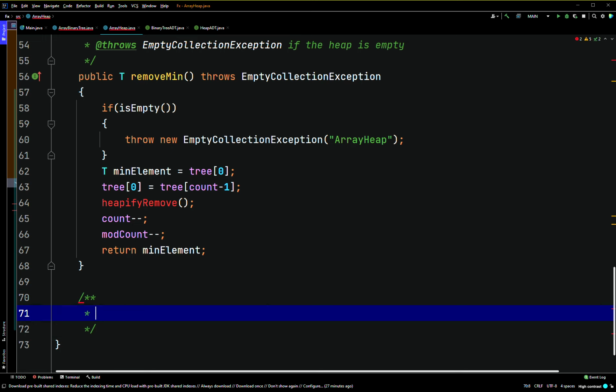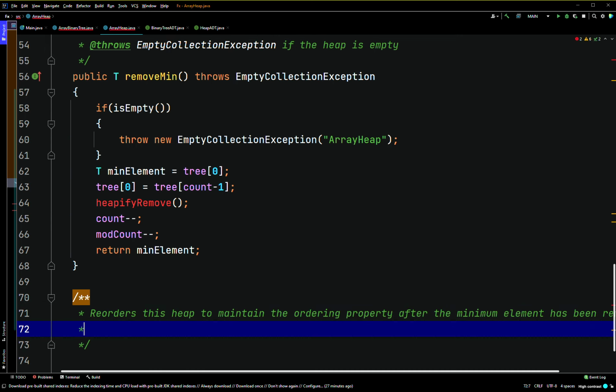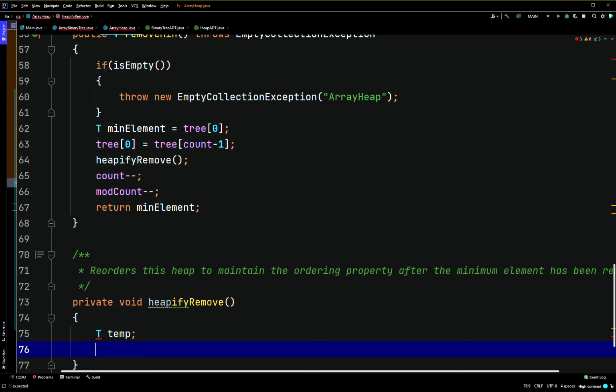We're just returning the root. But here we'll say reorders this heap to maintain the ordering property after the minimum element has been removed. So we'll say private void heapify remove. So we have a T temp,